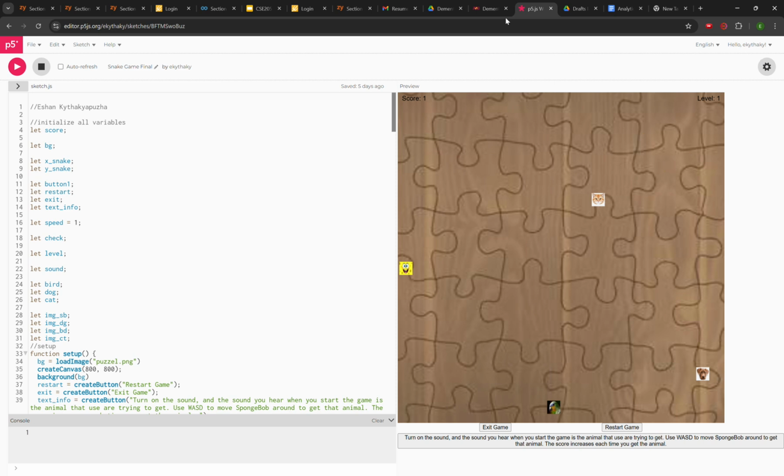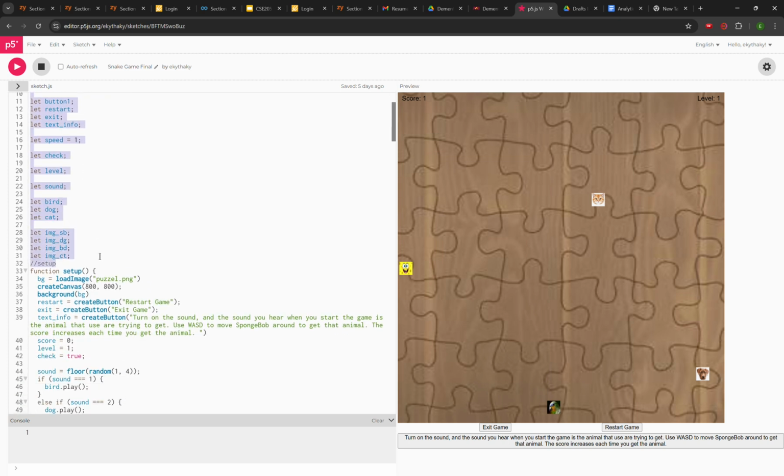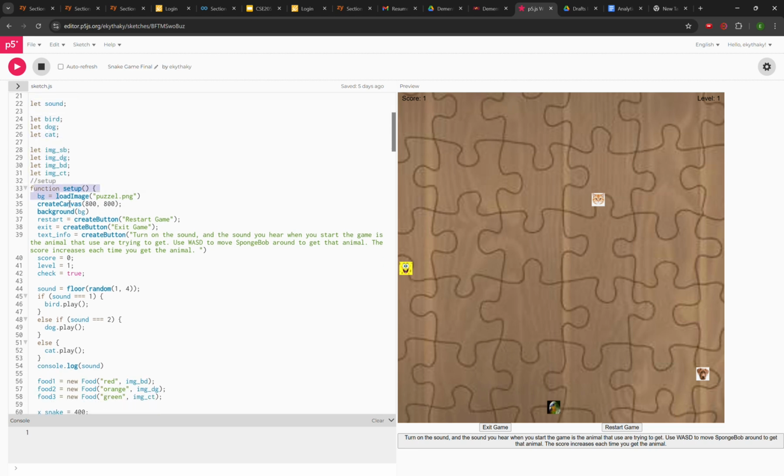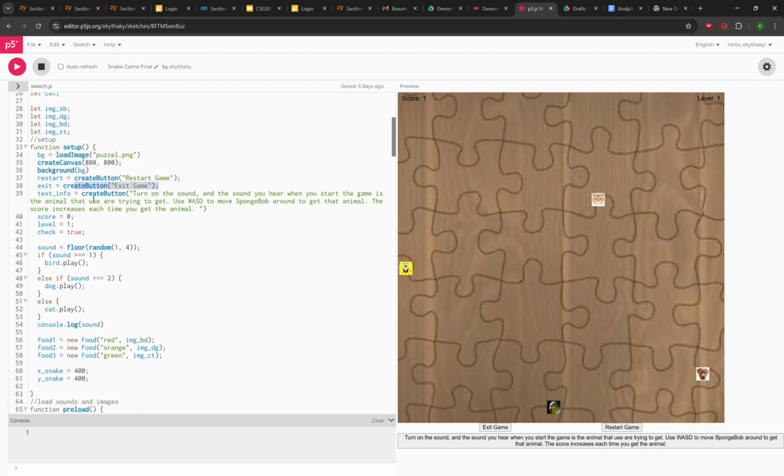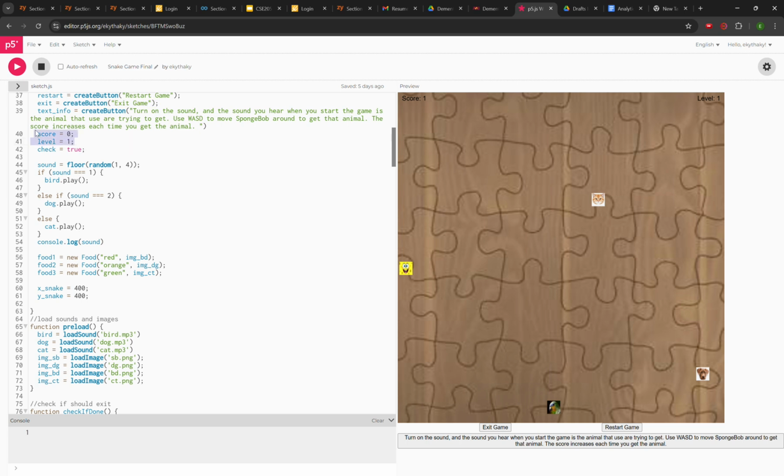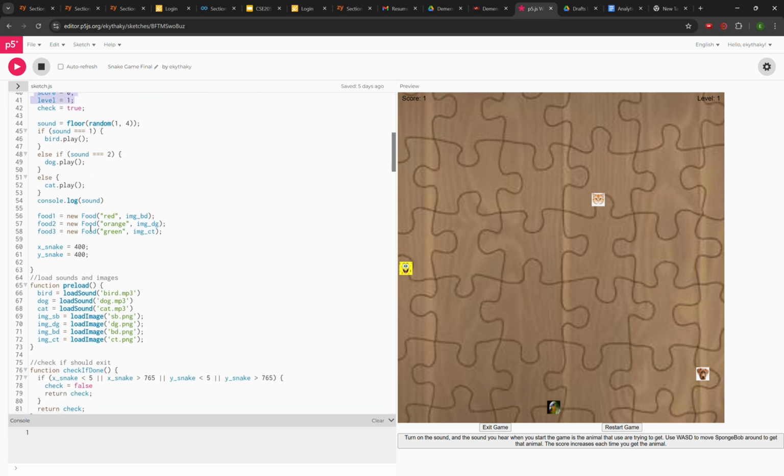Okay, so we split up the work so that each of us does one game, and I did the entirety of this game. This is where I initialized all the variables that I'll be using. In setup, I loaded the background image, set up the canvas, and made some buttons. I also set the scores and levels for when it initializes, as well as setting up the different